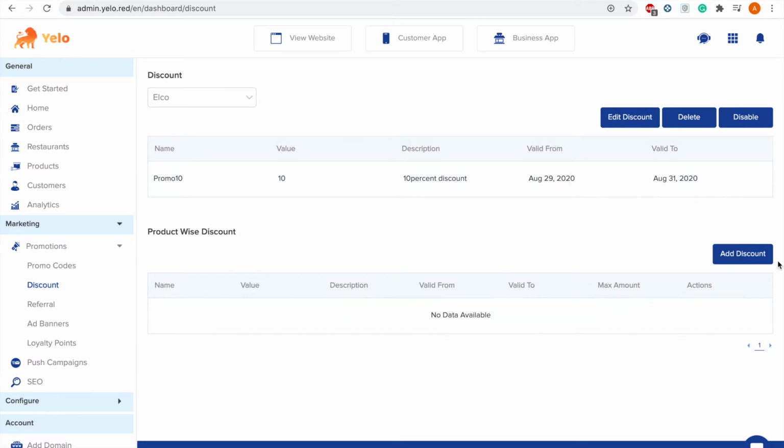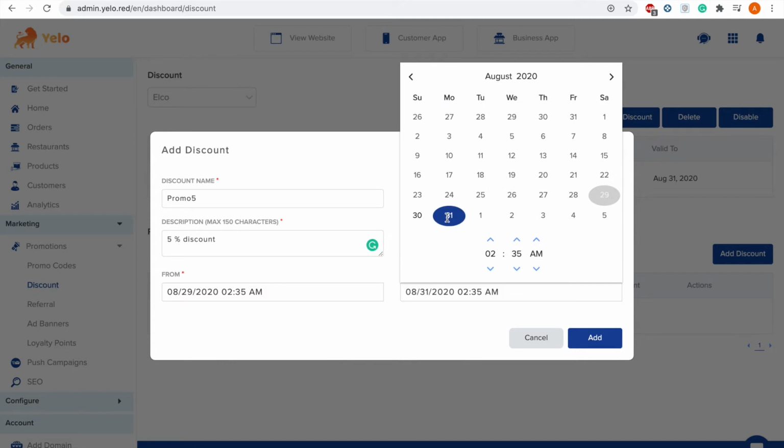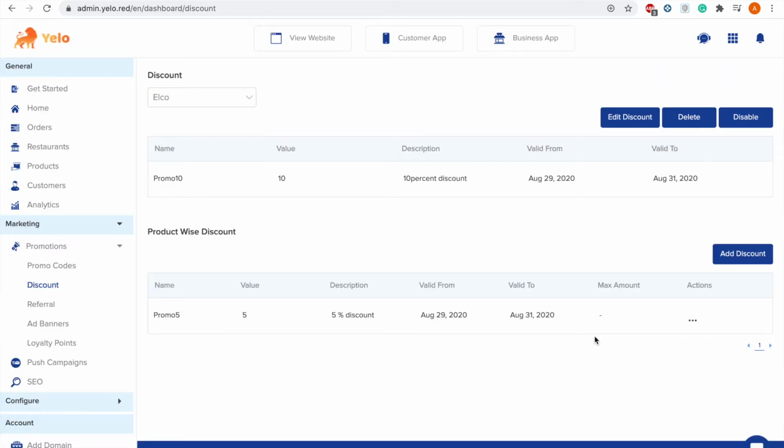And now we are going to add a specific product discount. Set the discount value, set the validity for it. Okay, so now we have to apply this 5% discount.